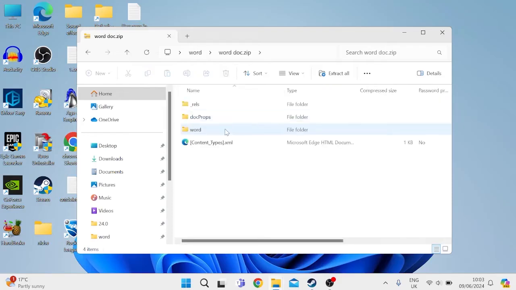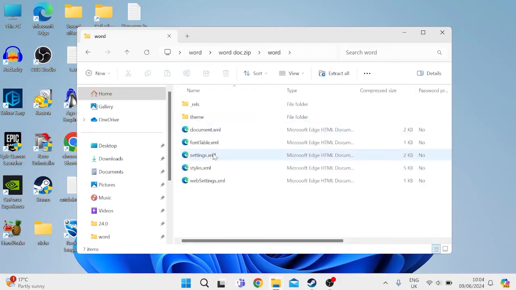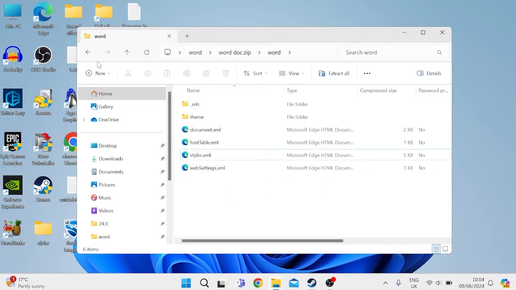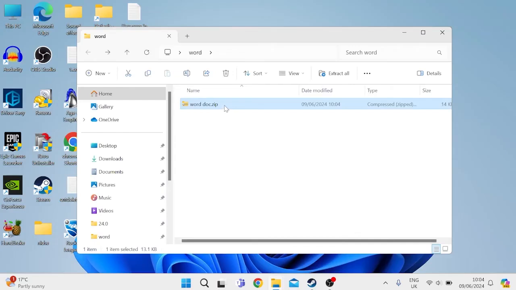If we come inside of here, this is all of the contents inside of our Word document. Come inside of the Word folder, and you need to delete this settings.xml file by right clicking and selecting delete. Click on yes to confirm, and then go back to the original folder, and we're going to reconvert this to